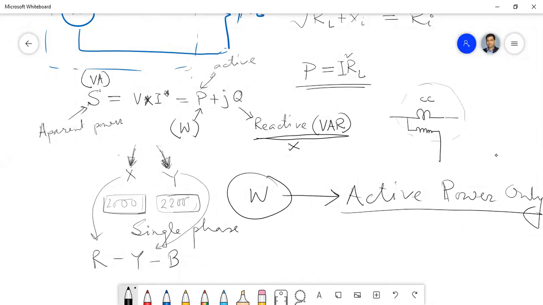You have two coils in a watt meter and their connection, I think your concerned teachers have discussed this. We have some common connection, a common point, and we have two coils, one the current coil and another the pressure coil. One is to sense the current, another is to sense the voltage. So this type is called the watt meter.